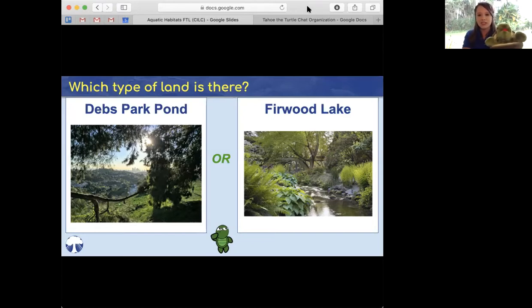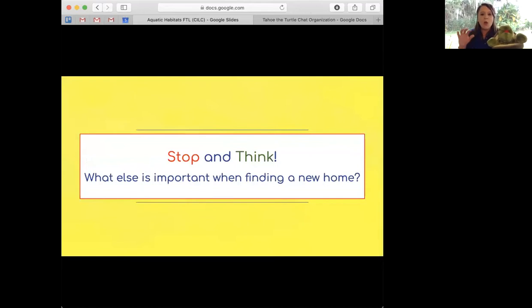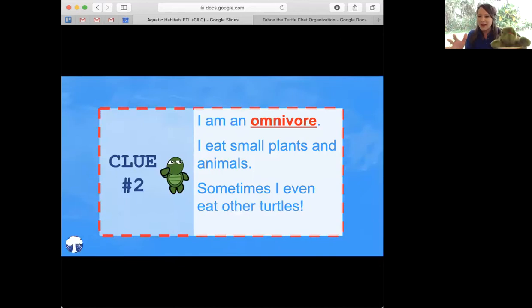So I do have another question for you. Let's check it out. What else is important about finding a new home? So we know that the climate and the weather are important, and the habitat itself, and if it's a good place for Tahoe to live. But now I need to know about different animals that are there and the plants that he could eat.